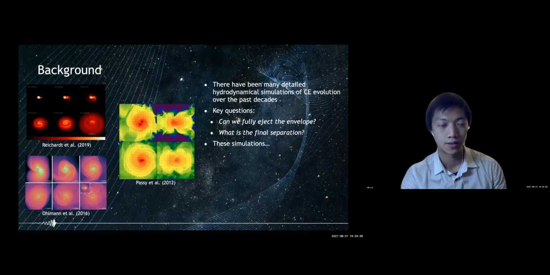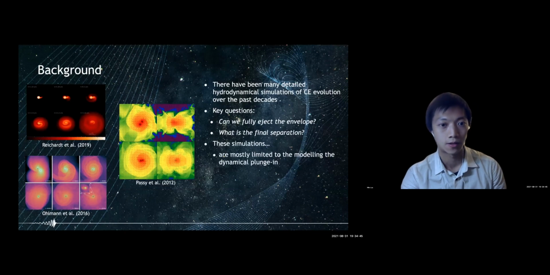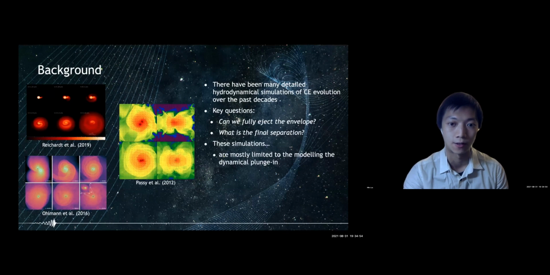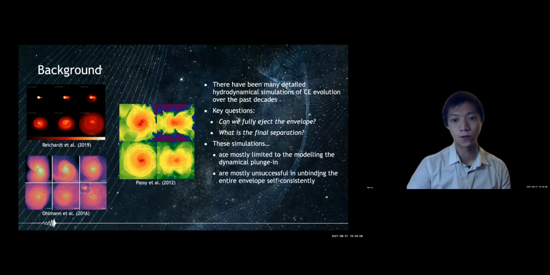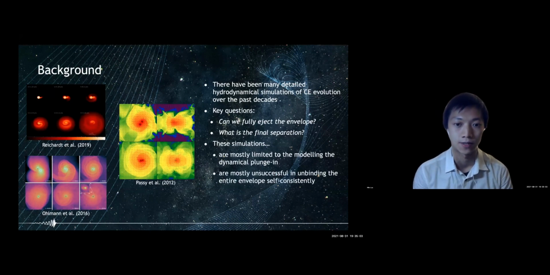These simulations typically are limited to modeling the dynamical plunge-in phase of the common envelope, although there are starting to be more and more attempts to start the companion at a larger distance, for example, where the donor would fill its Roche lobe. These simulations have also been mostly unsuccessful in unbinding the entire envelope self-consistently, without making, for example, some assumptions about how recombination energy is deposited and whether it's fully